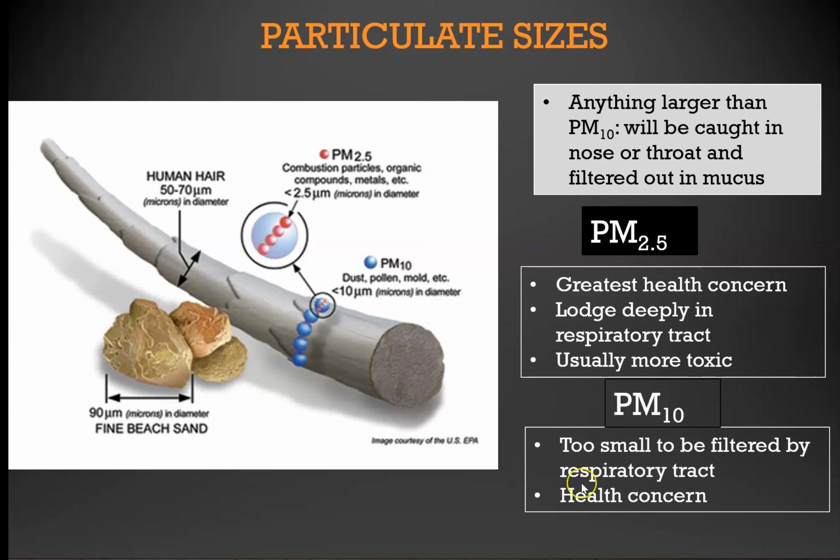They won't be filtered by your nose and your throat. They'll get into your body and they can cause damage. The even tinier ones, the red ones, are 2.5 microns, so they're super, super tiny, and there's a really serious health concern. They can lodge really deeply into your respiratory tract because they're so small, and they're very toxic and hard to treat. Those are different kinds of particulates from dust and pollen. Those are things like metals and organic compounds and more. Because they're so small, they can cause a lot of damage to your health.